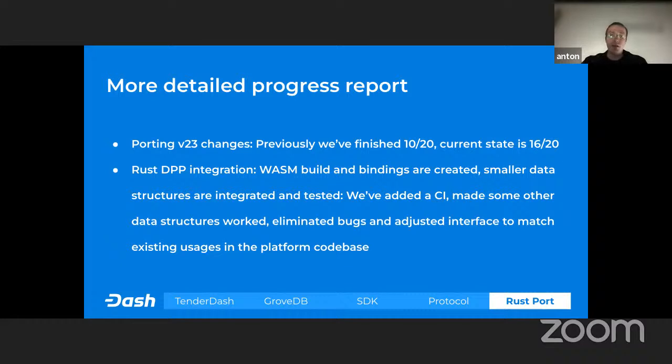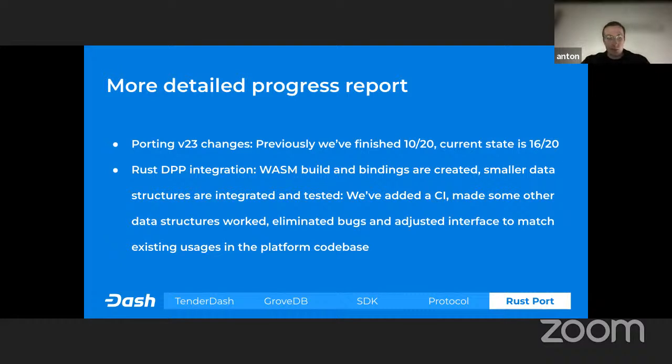Once the V23 changes are finished, we want to do the rest of the stuff that is available in the DPP. This saves us time, doing those two things in parallel. And this sprint, we've done a lot of work on CI integration.